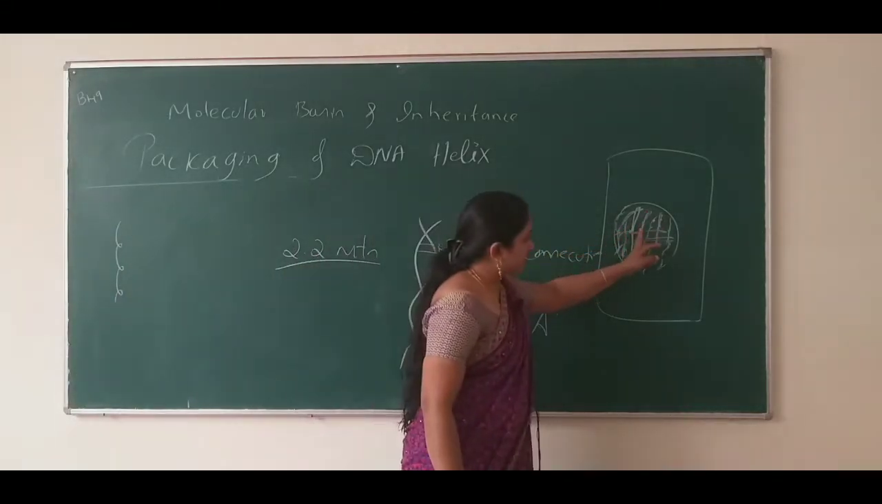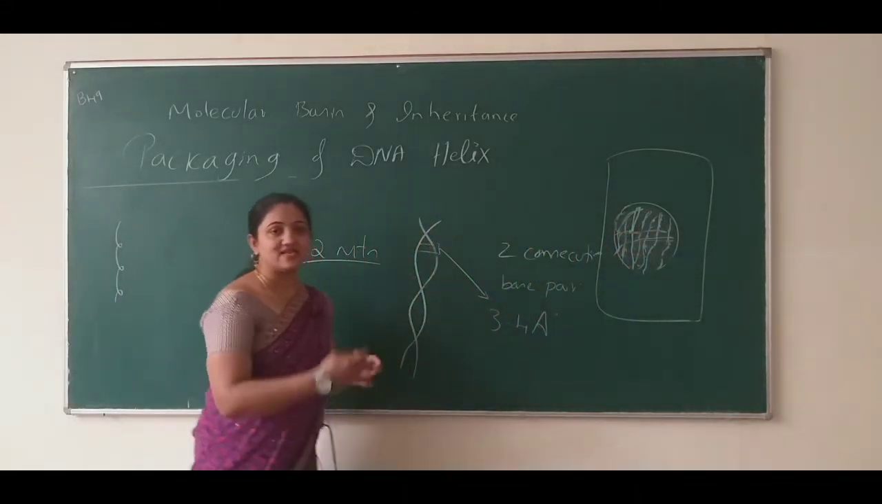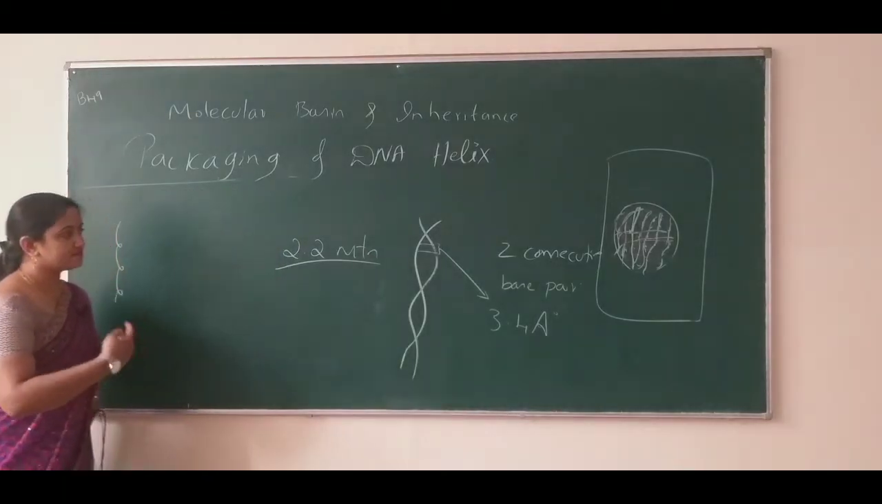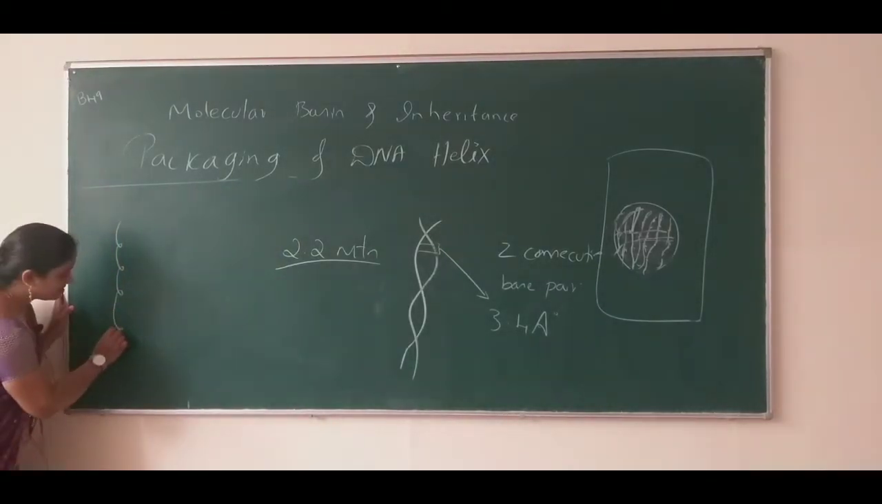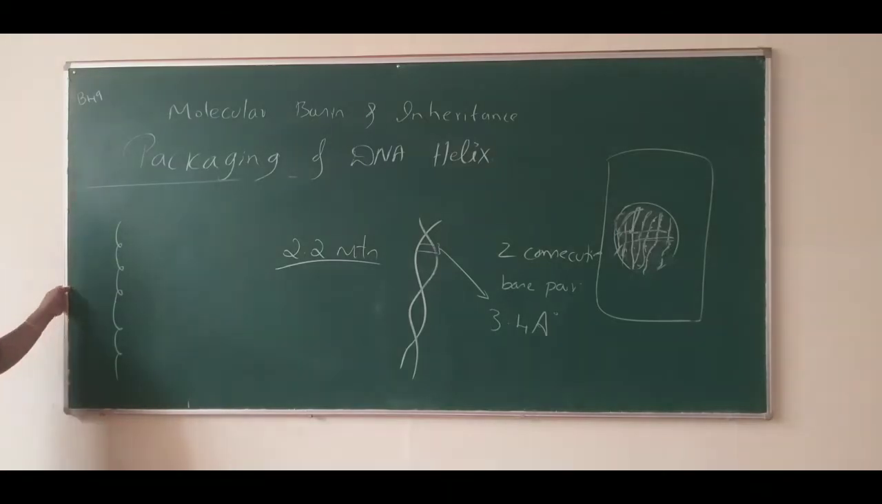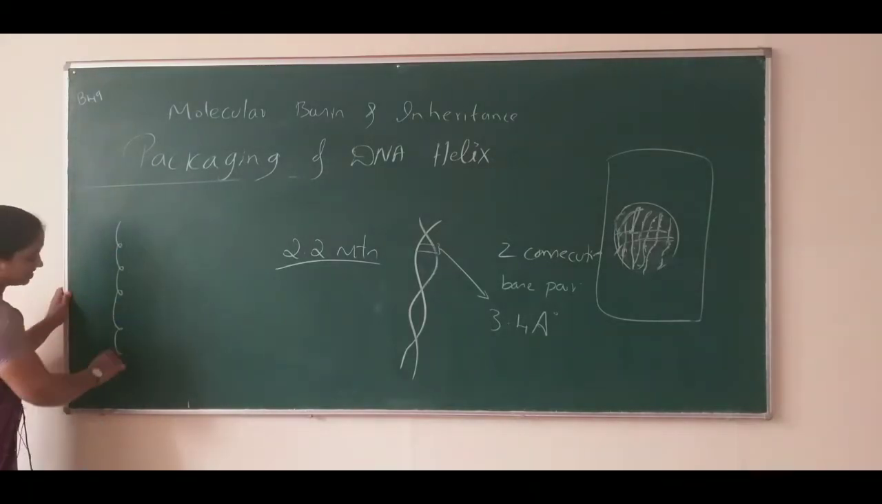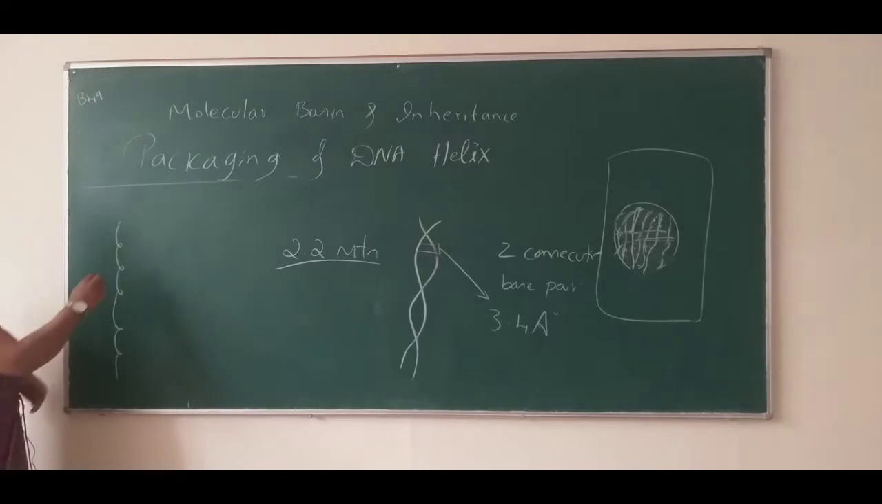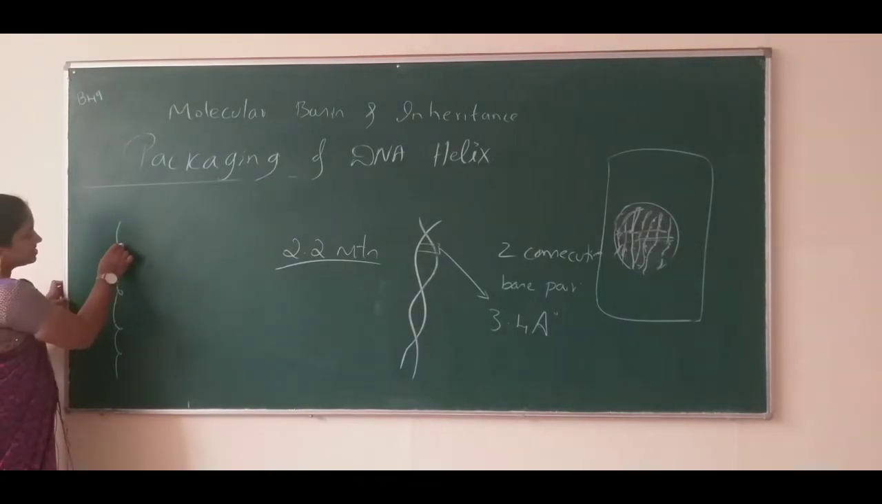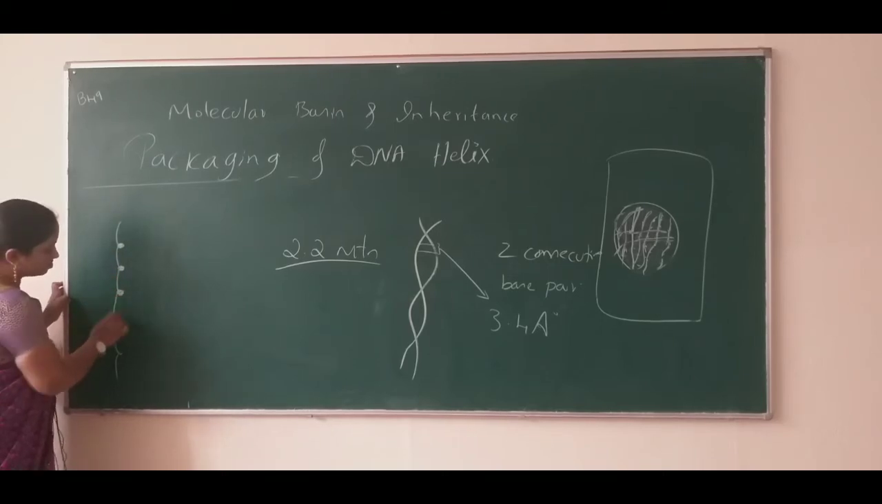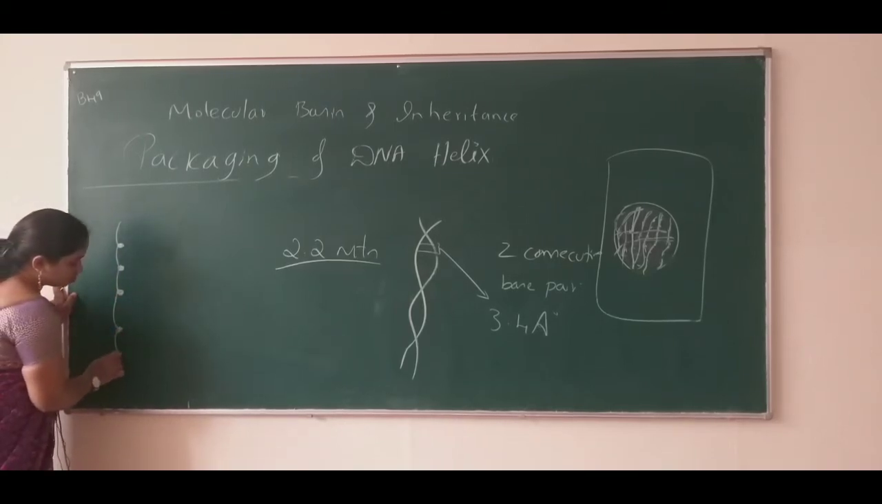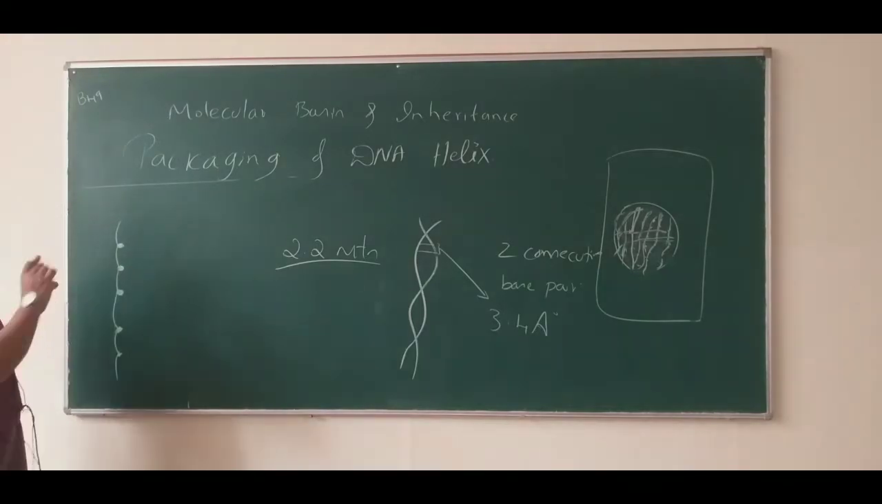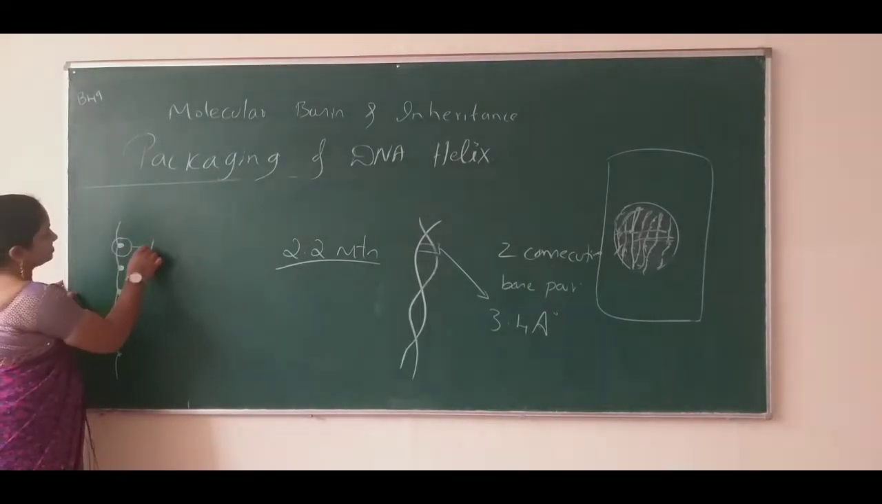Okay, so the chromatin fiber has repeated thickenings present. For example, this is one chromatin fiber. What I am talking about here is that it has repeated thickenings. One thickening, one more thickening, one more thickening, like that. So many thickenings are present. This thickening is nothing but